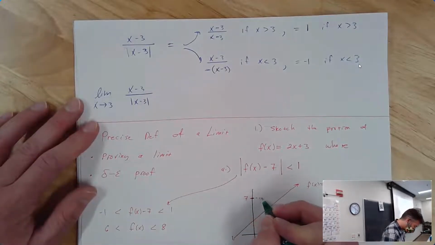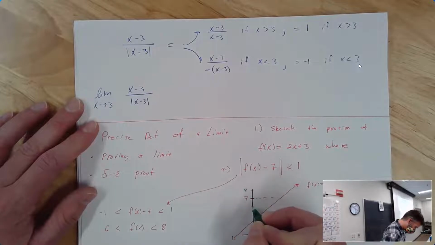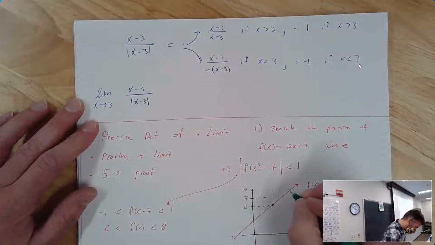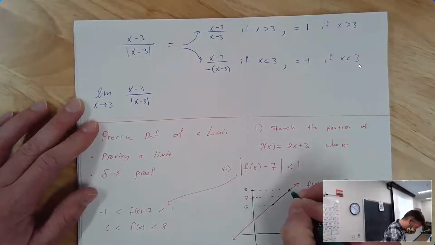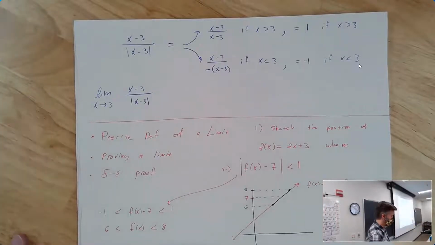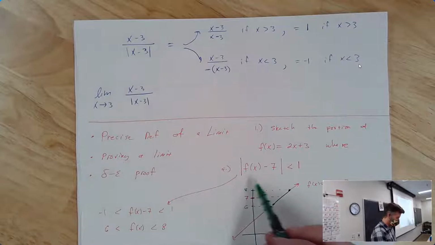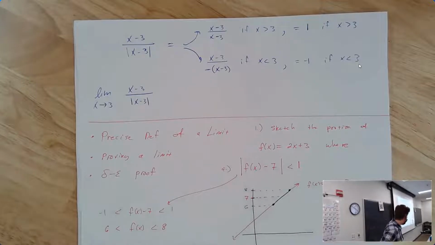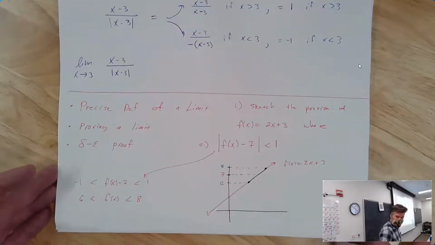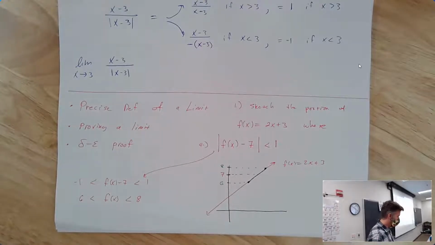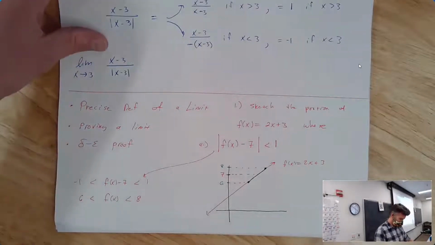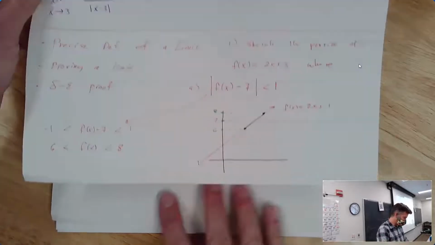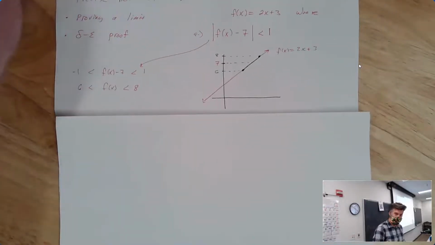So I'm looking at this portion of the graph right here. There's the portion of the graph where f of x is between 6 and 8, or where the absolute value of f of x minus 7 is less than 1. Everyone can see that, okay. And now we're going to do the same sort of thing, so we can keep this on screen here. Same graph, but now we want the portion where